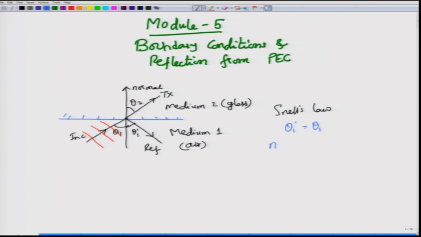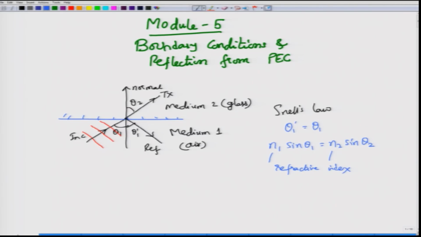the amount of angle theta 2 that the ray in the second medium makes with respect to the normal actually depends on several parameters. It depends on the refractive index of the medium, not only of the second medium, but also of the first medium. So, in fact, the law goes like this: n1 sin theta 1 will be equal to n2 sin theta 2, where n are the refractive indices of those particular media. So, for medium 1 it is n1 and for medium 2 it is n2.